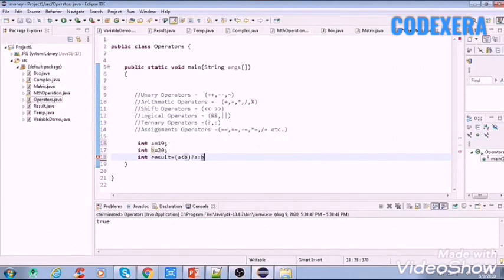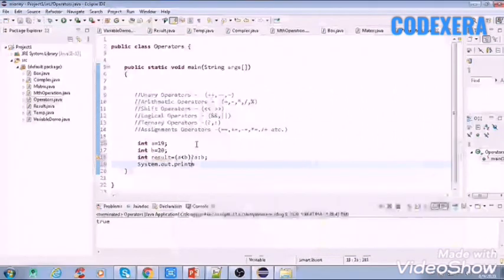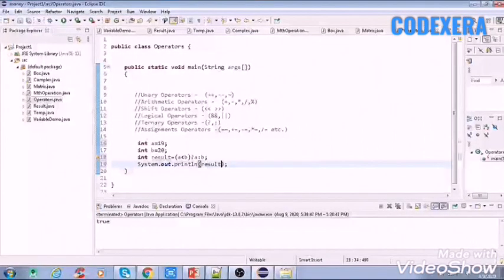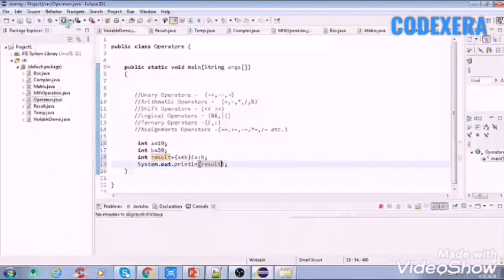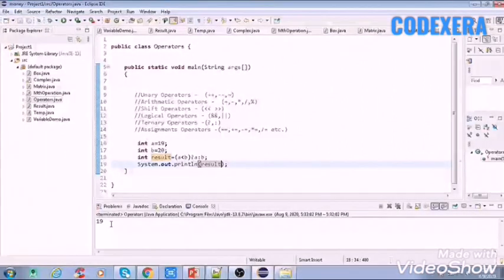Now after this we'll print it and we'll see what the output will be. Result, and here we'll run this and it is giving 19 as an output. So here it is going through this statement and checking that if A is smaller than B, then it will print A, otherwise it will print B. Here we are seeing that A is smaller than B, that's why it is printing 19.